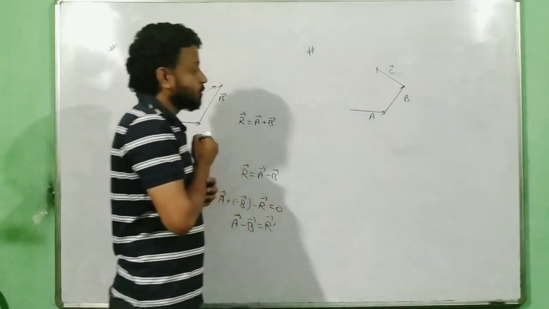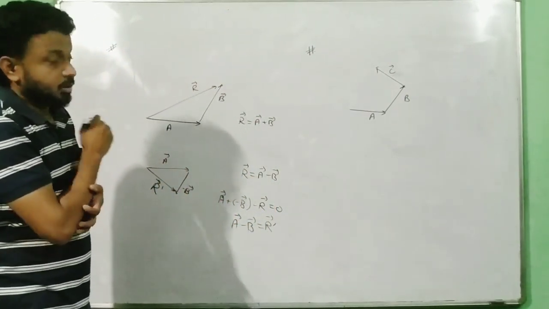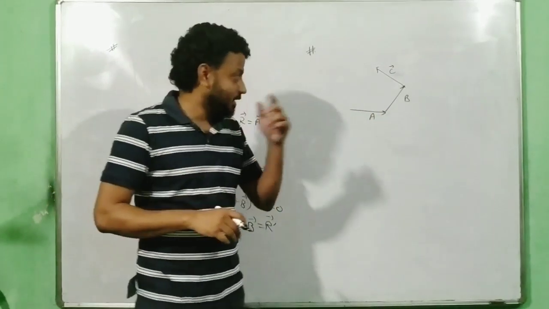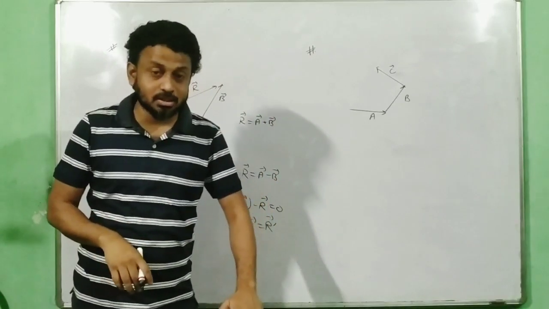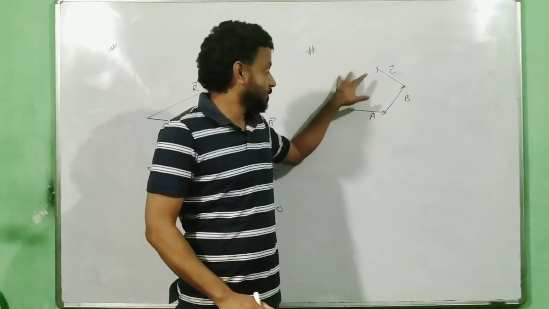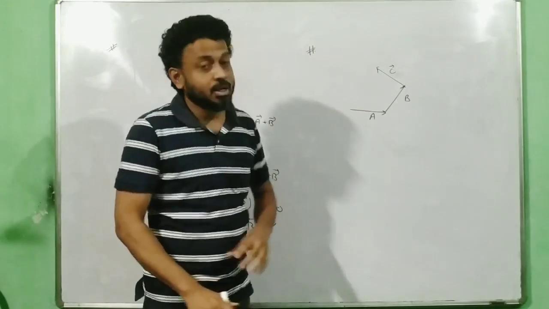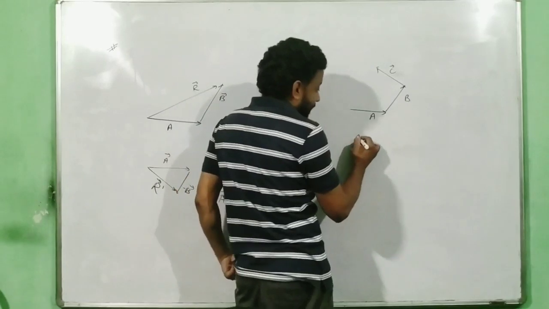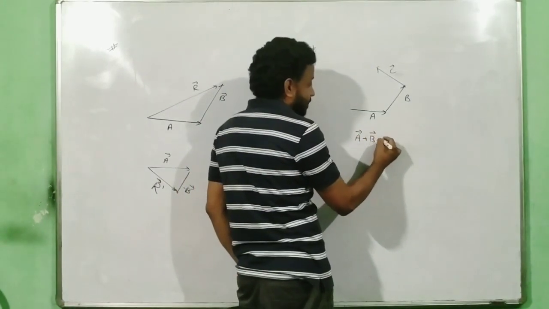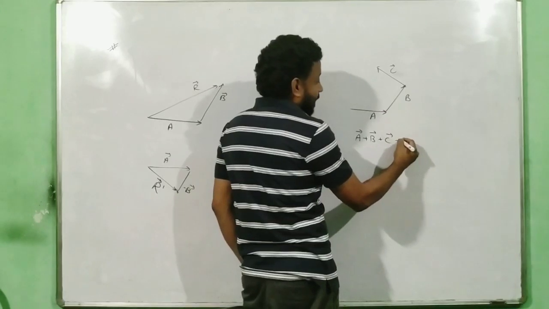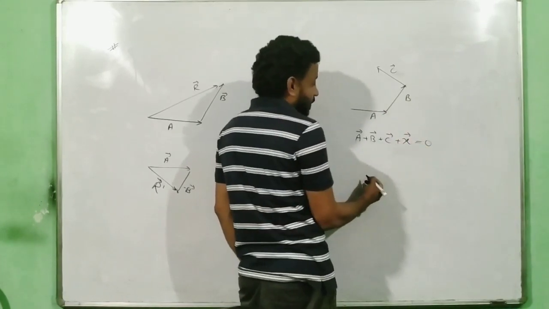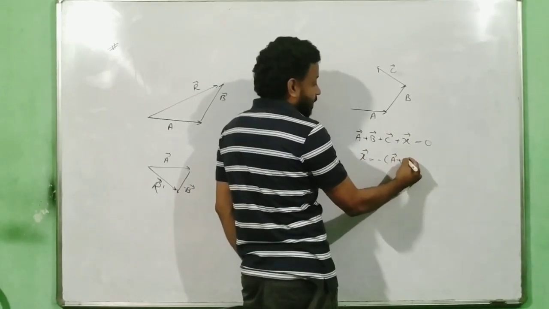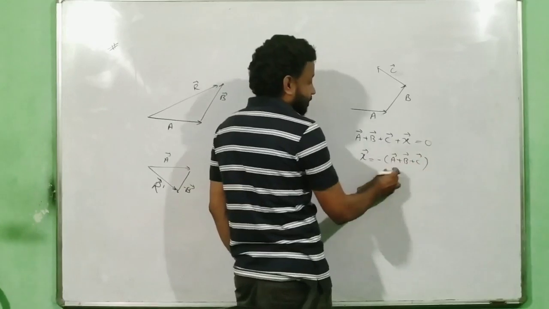Now here they will ask you, it's a very simple question. In the vector addition law, the questions are very simple. Here they will ask you, what is the vector so that the resultant vector becomes 0? What should be the vector? Let us say the x vector, I have to put it here. What should be the x vector so that the resultant vector is 0? So over here, if I consider vector A plus vector B plus vector C, plus let us say the x vector, and the whole thing must be equal to 0. So what is the x vector? The x vector should be equal to minus of A vector plus B vector plus C vector.